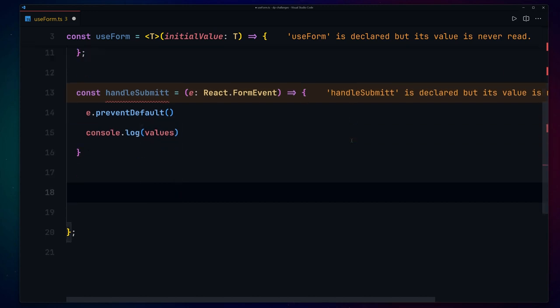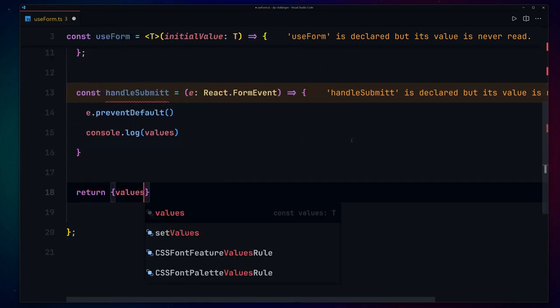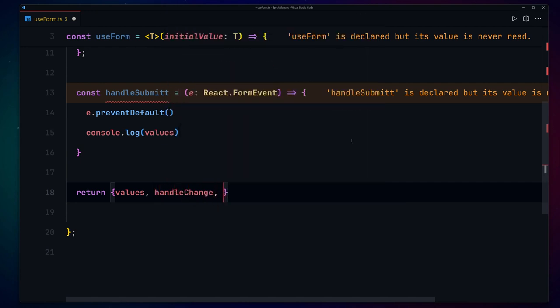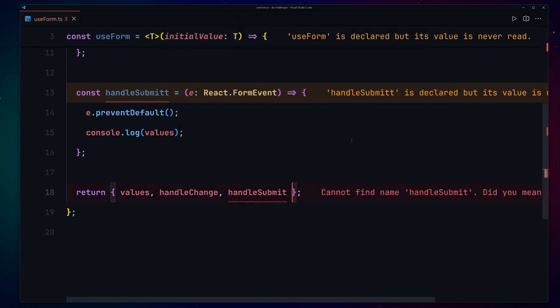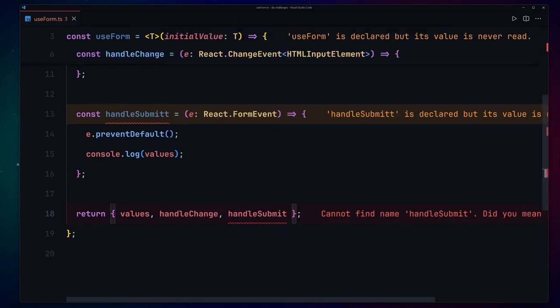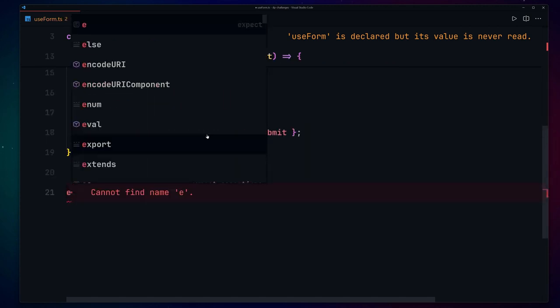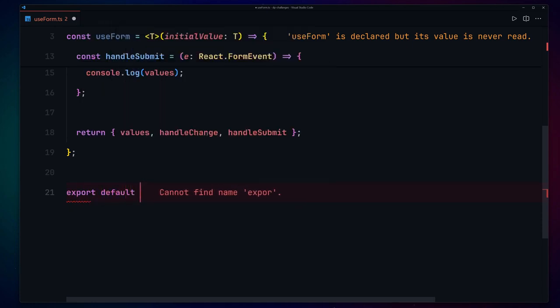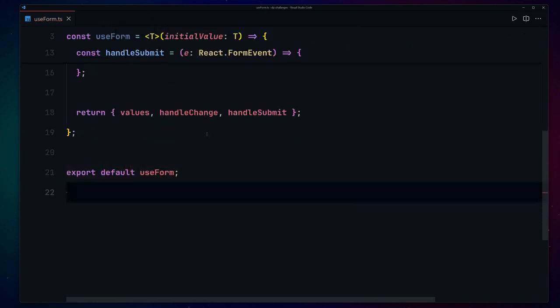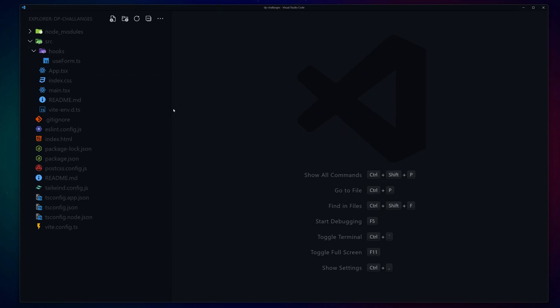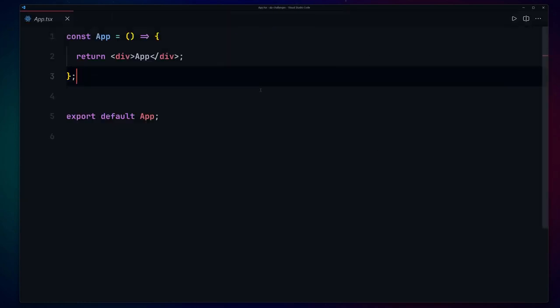And now underneath there we have to return all of that data so that we can use them in other files. So I'll use values and then handleChange and handleSubmit. I'm gonna save this file right now. handleSubmit, it should be with a T, there we go. And now finally we have to export this. So I'll use export default and then useForm. I'm gonna save this file right now, close this file